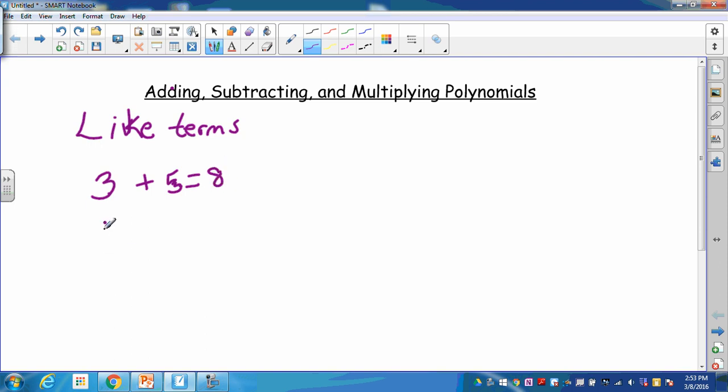Let's look at some more like terms. Let's say we have 2x and 5x. Because the 2x has an x with an exponent of 1, and the 5x has an x with an exponent of 1, these two terms are like terms. So I could add or subtract these two terms. If I'm given a polynomial that looks something like this,